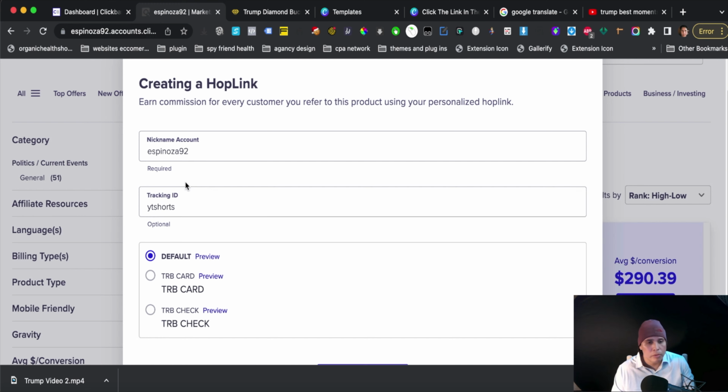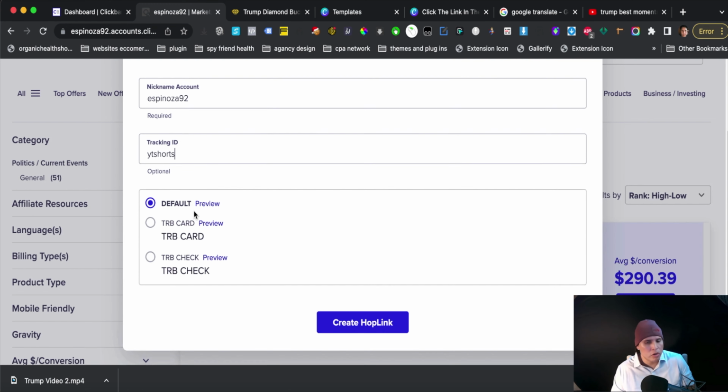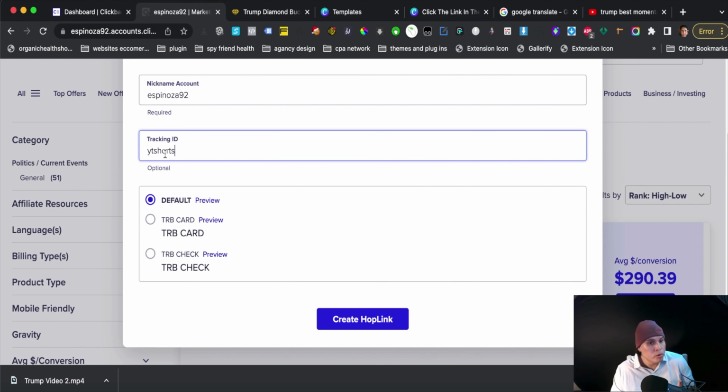The reason you're going to put YouTube Shorts is because you want to make sure that this is working. So if you put YouTube Shorts right here, you're going to be able to track and see if people are buying because they're finding your link through YouTube Shorts. Now you're going to click this button right here that says create hub link,